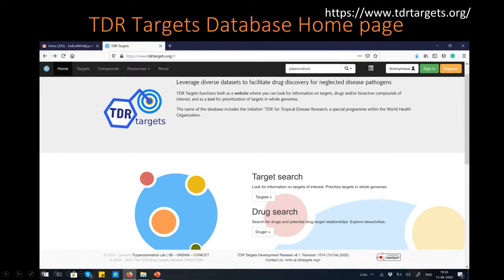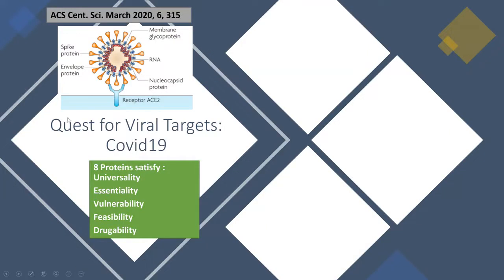But one is to find the targets and follow those criteria. If you look at the viral genome, it's not a very big genome, 29 proteins. Hence, we figured out that 8 proteins actually serve, which makes feasibility, druggability, everything satisfied. And not only that, what we notice is not only what we design or do ourselves,